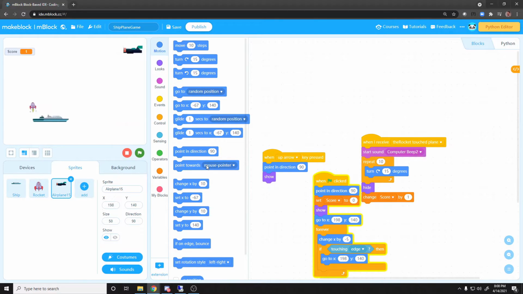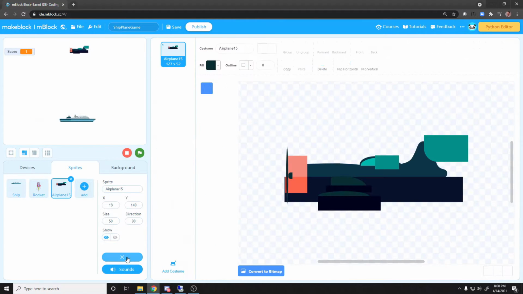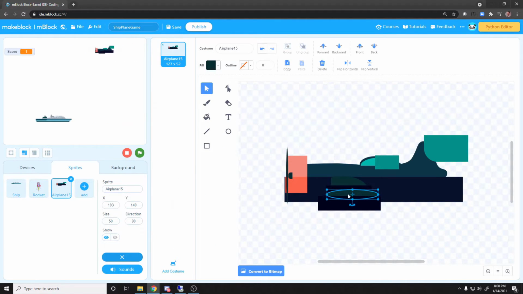Let's keep it. Now here's the other thing you can do: we can use costumes to not only have them rotate, but also have it break apart. So let's go to costumes. Tear them up. Yeah, tear them up. Here, hold on. Control Z, remember to undo. There you go. Also, the blue arrows at the top